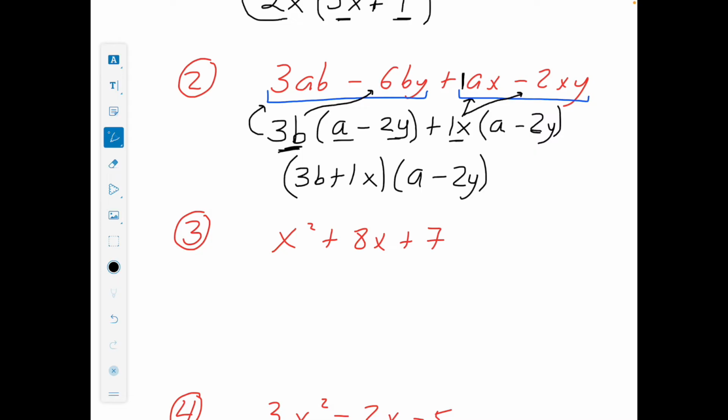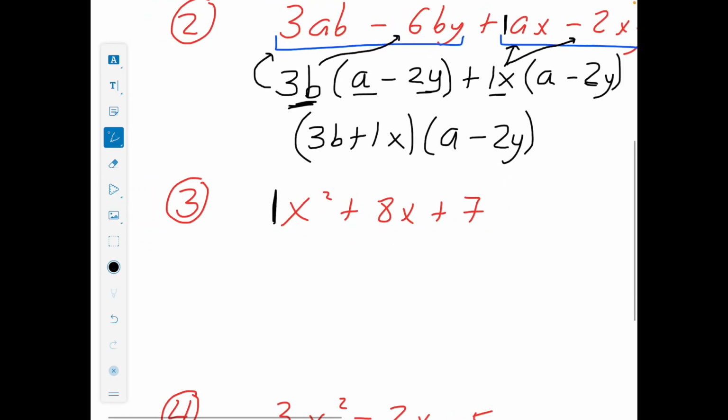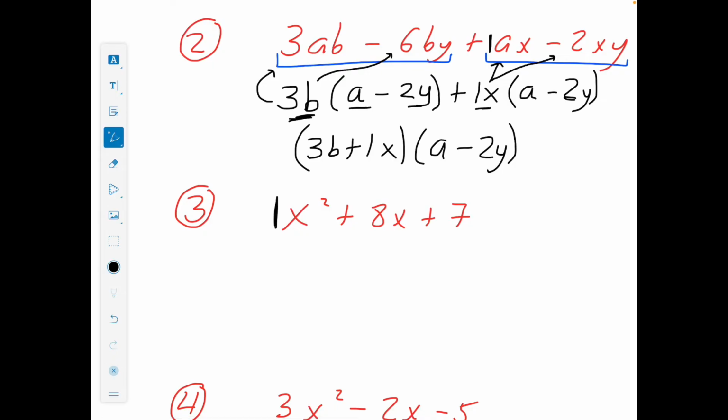Now, we're going to see grouping again now in our quadratic. Okay, so for a quadratic, there's a little method that you need to learn that works. Okay. Some people can do it just by seeing the answer. That's great if you can, but if you can't, or when the questions get a bit more tricky, knowing this method is handy. So again, I'm going to put a 1 in front of this x squared here. So step 1, I'm going to multiply the number in front of the x squared by the number on its own. So 1 multiplied by 7